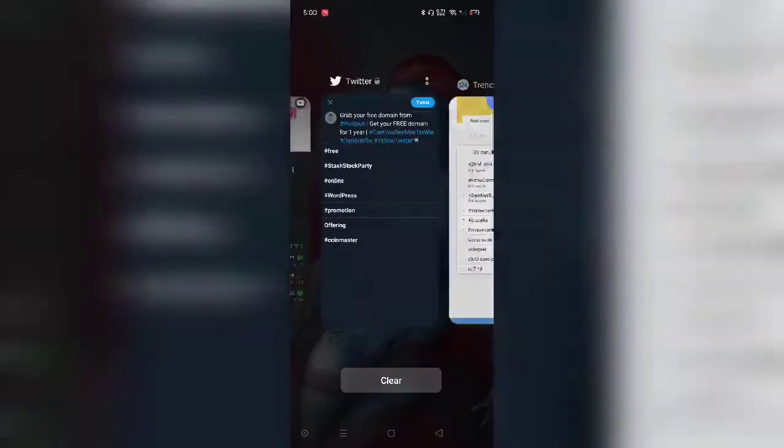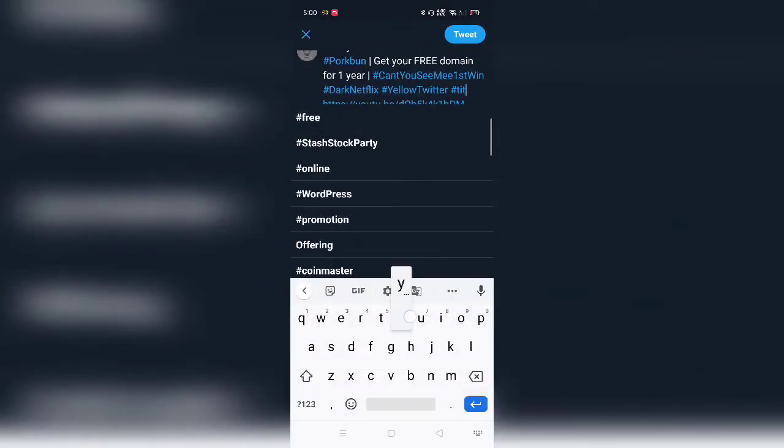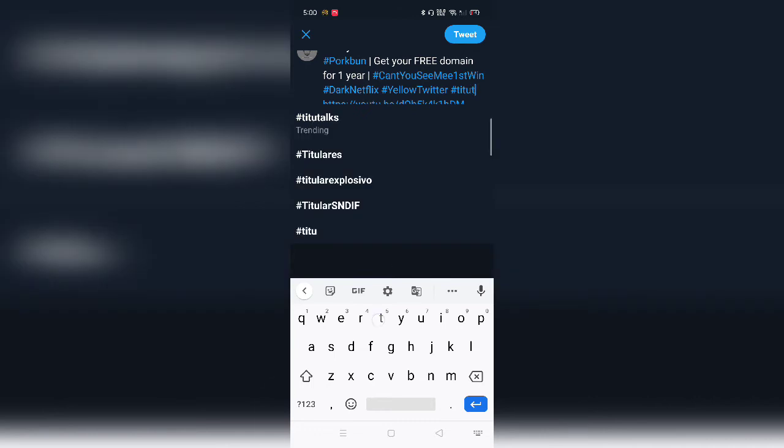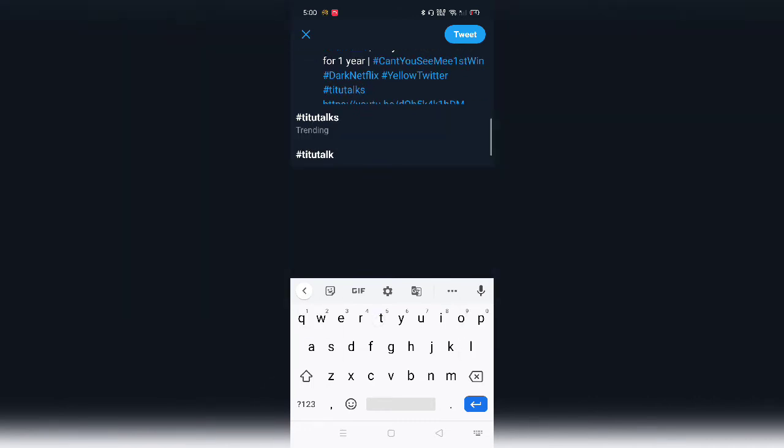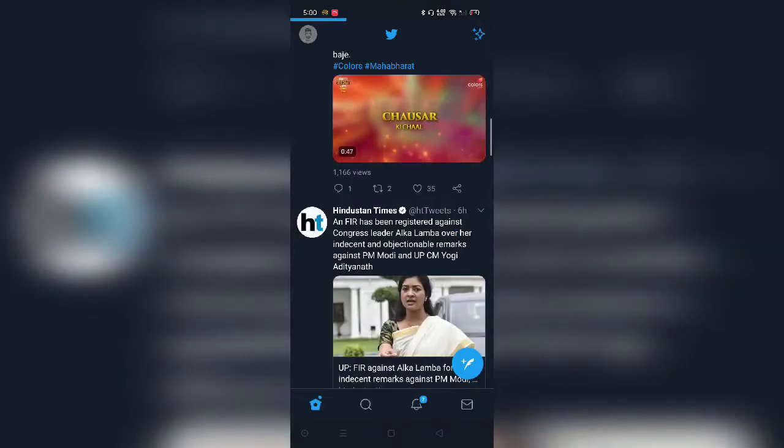T2 Talks. Now, whenever you use this hack, make sure that you tweet a maximum of twice in a particular day, because the moment you misuse this service, there is a possibility Twitter might ban your account, or your tweet might be deleted. So make sure that maximum you just use this particular hack twice a day. That's it. And I'm just going to tweet it now,